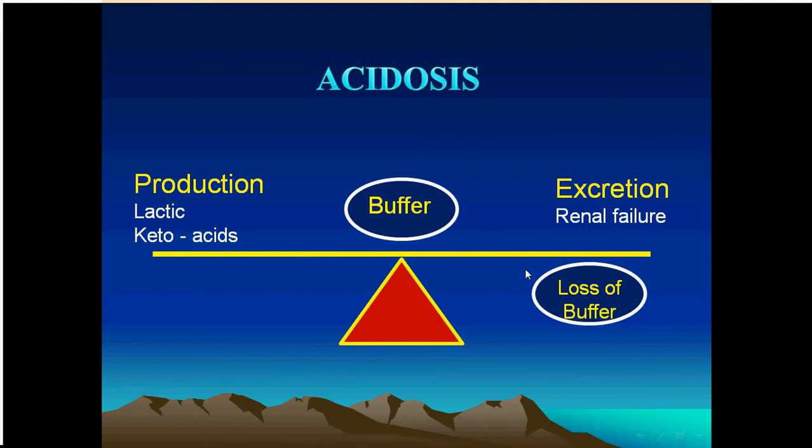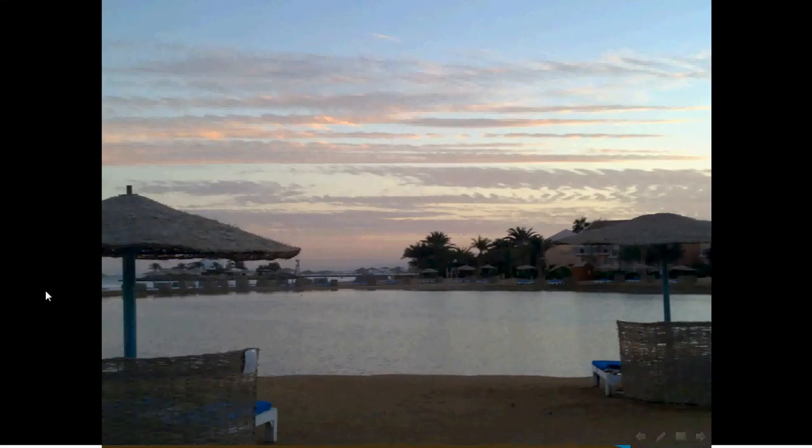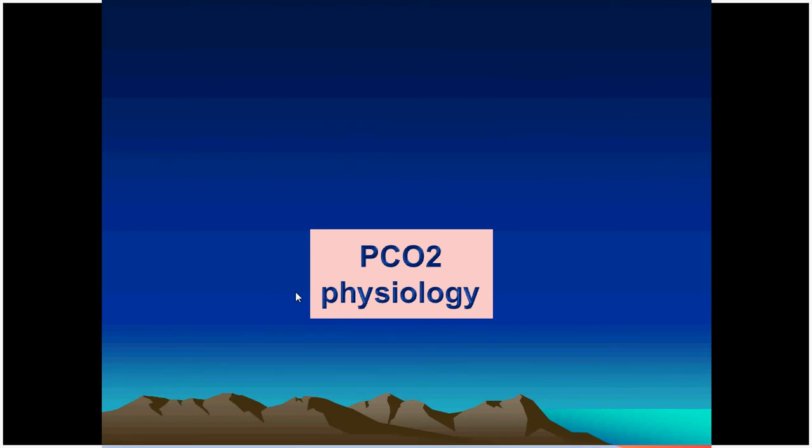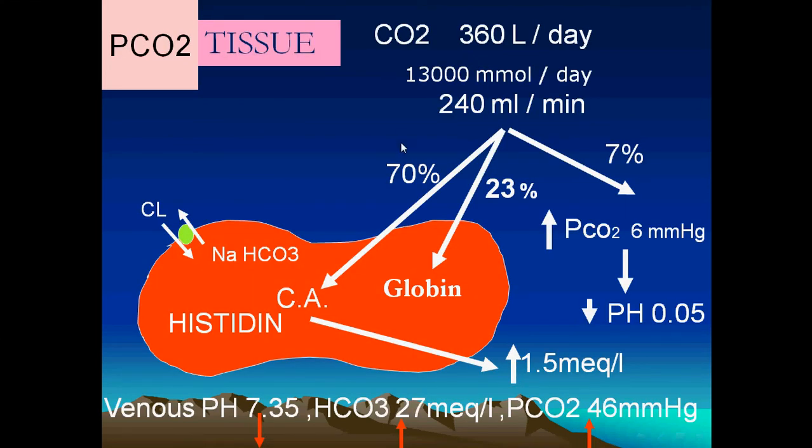In this case, they will accumulate and exhaust the buffer, and the hydrogen ion will increase. And the last thing is loss of the buffer in the case of renal tubular acidosis. The second part is the volatile acid, which is carbon dioxide. Carbon dioxide production is about 240 ml per minute,